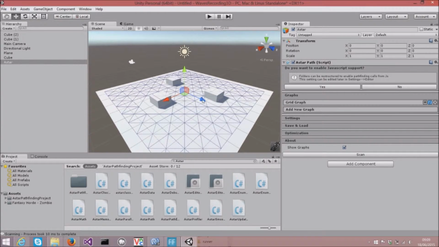For now, I'll just do it in this area, but you want it to follow the whole plane, don't you? But that'll be okay. Just click scan. Okay, so now that's it. I've got a little area where it's not included these cubes in the grid, so it's made an area where my zombie can go and where it can't go. So next I'll add the zombie,